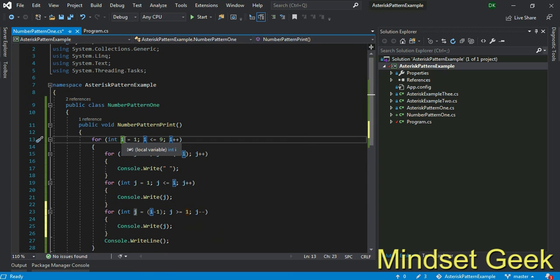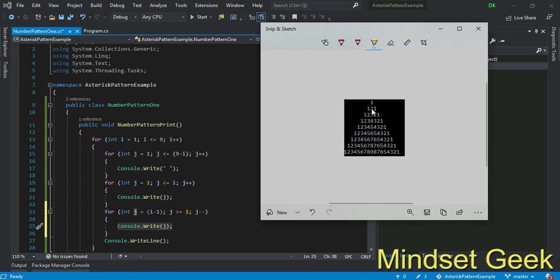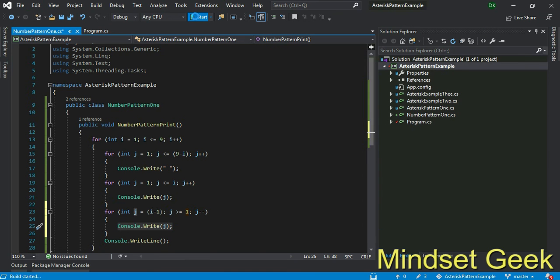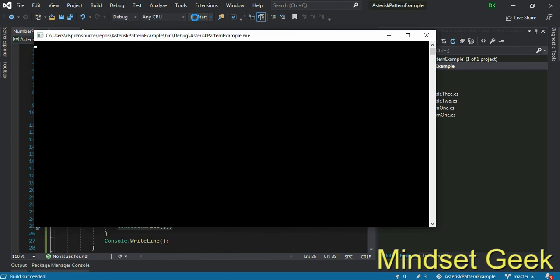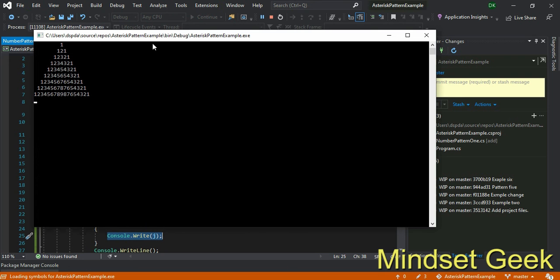Think about it, now I is 2, right? Then I is 2, 2 minus 1 is 1. Now J is 1. 1 is greater than or equal 1, yeah, that is true. Then this will execute, right? I is 2 means this is the second iteration, then 1 is printed, right? Your program will succeed. Yeah, it completely works.